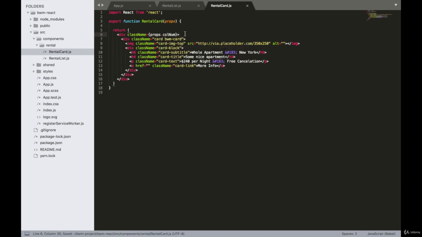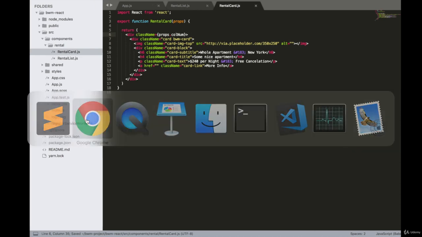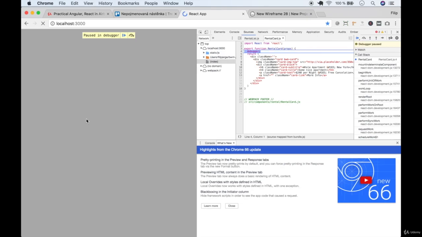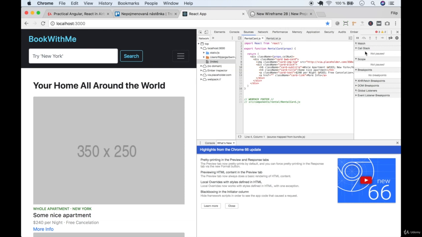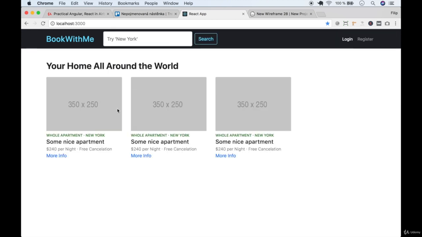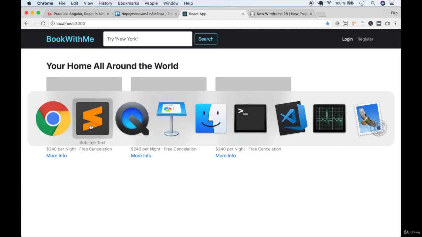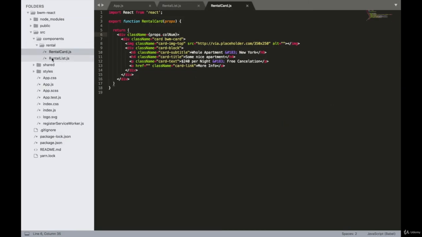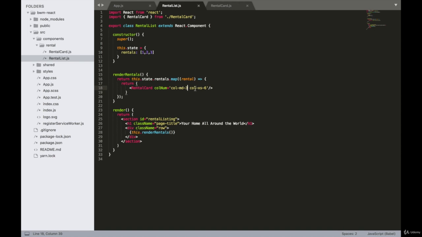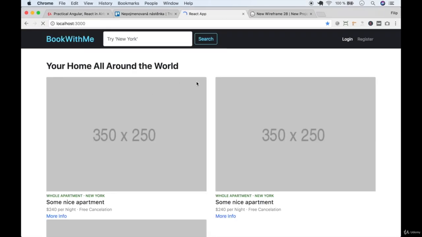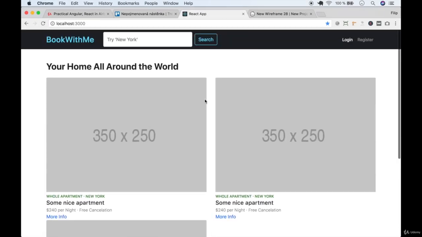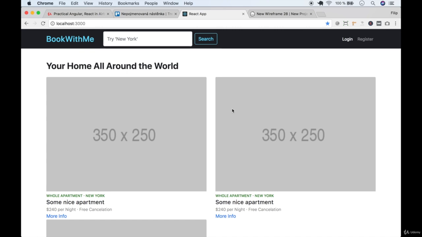Save it and let's go back to the browser. Let's wait for the refresh, and now we are displaying the rentals nicely as before. Go back to our code editor, to rental list, and now I can change this class, let's say to col-md-6. Let's save it, go back to the browser, and now you can see I'm displaying 2 rentals per row,